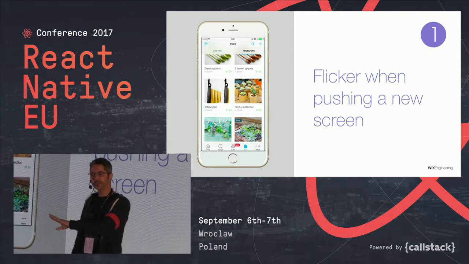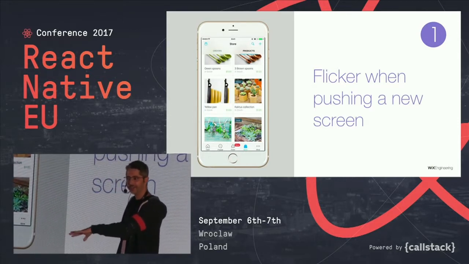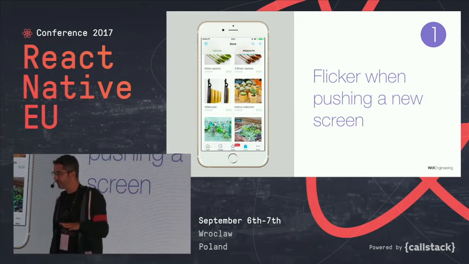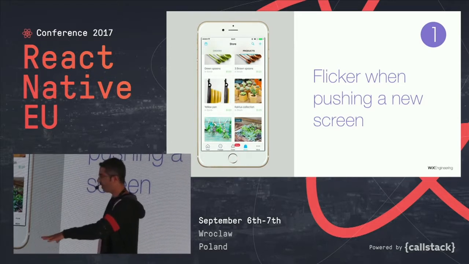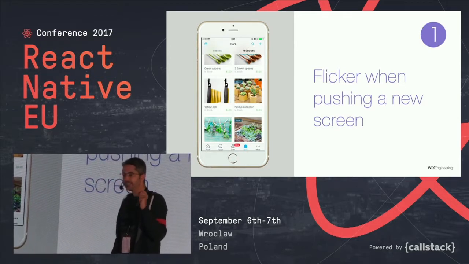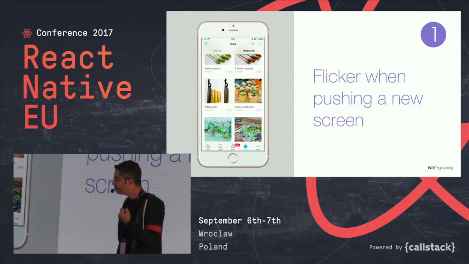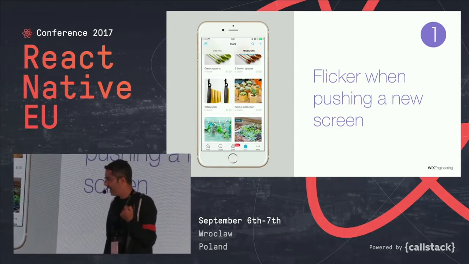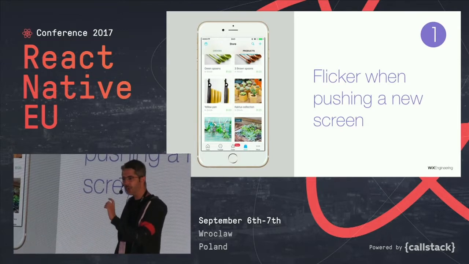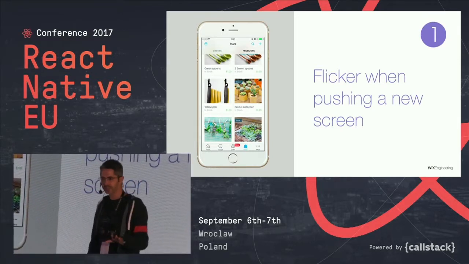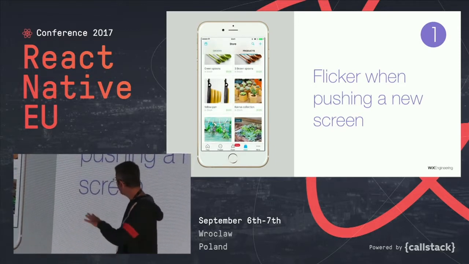So I want to show you these small Jira tickets that I actually have open in our app, and I want to show you what they are. So the first one is, we use a native navigation library. So this is a screenshot from our app. And product is complaining, I'm complaining as well because I play with the app, about a flicker when pushing a new screen. And I want to show you what this is. So I took a video in very super slow motion because in regular runtime of the app, you almost won't feel that. So take a look.